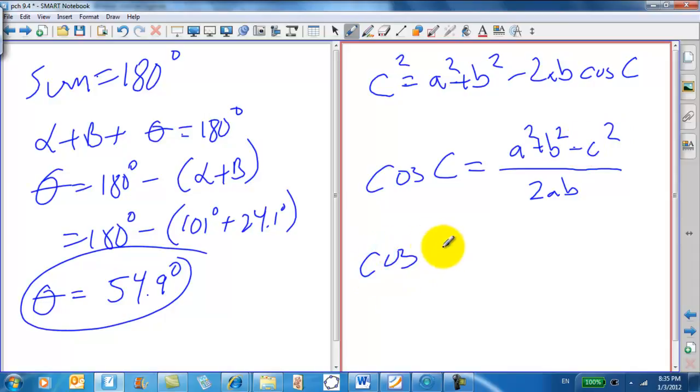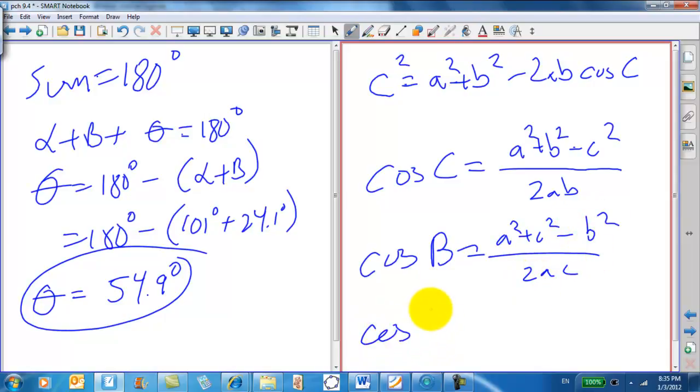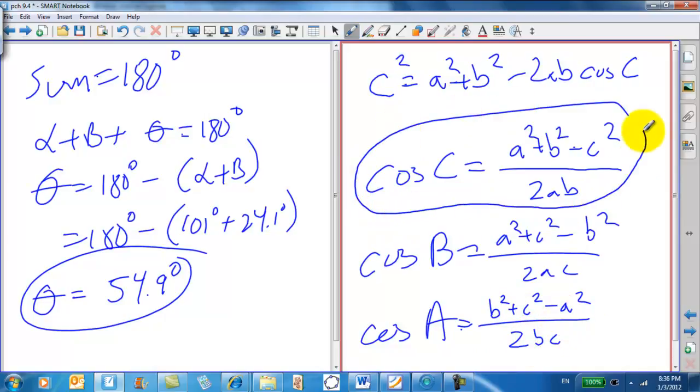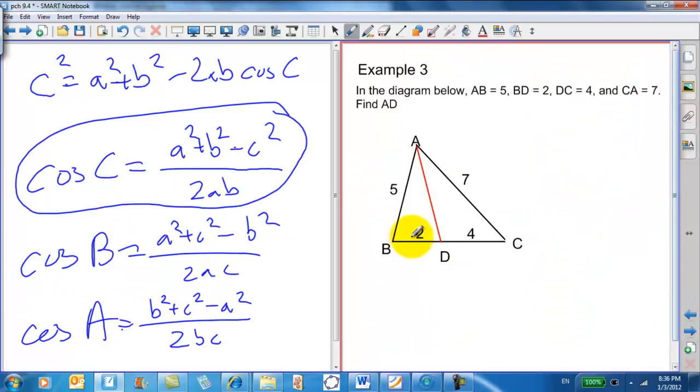So the cosine of angle B would be A squared plus C squared minus B squared over 2AC. And the cosine of angle A would be B squared plus C squared minus A squared over 2BC. Some kids prefer to memorize law of cosines in this format as well, because it's easier when you're solving for an unknown angle. And that comes up in this problem right here. Let's try and find this angle B by using this. The cosine of B